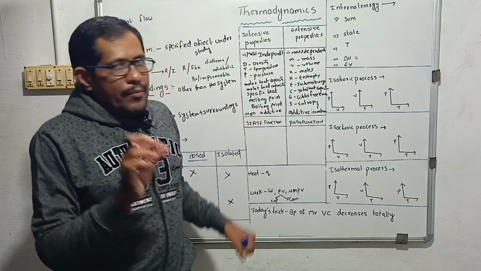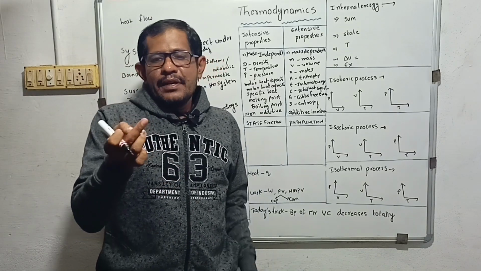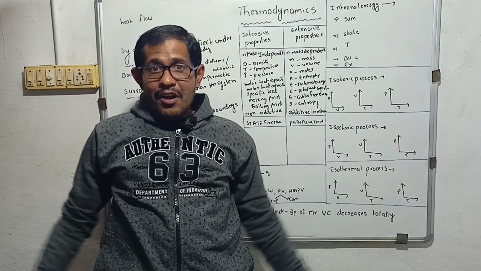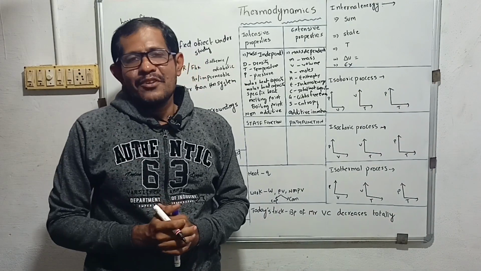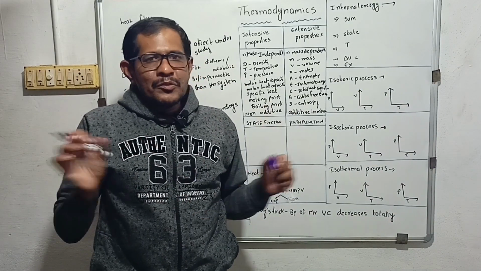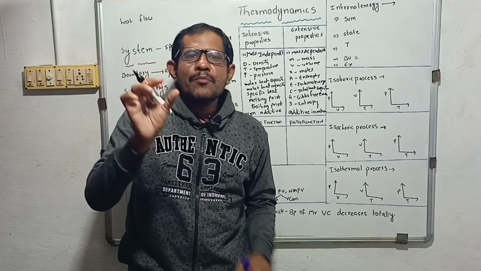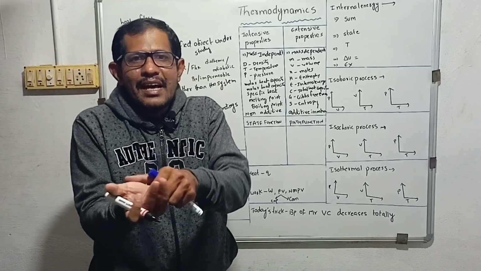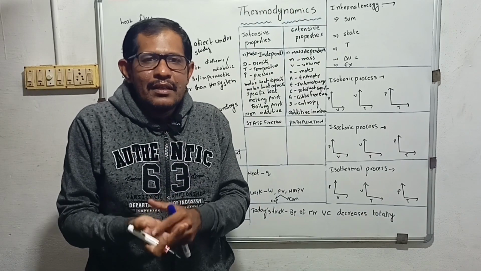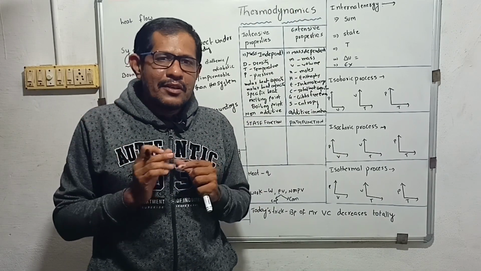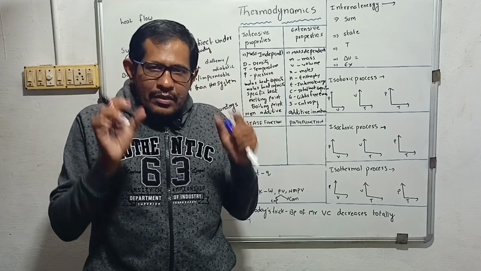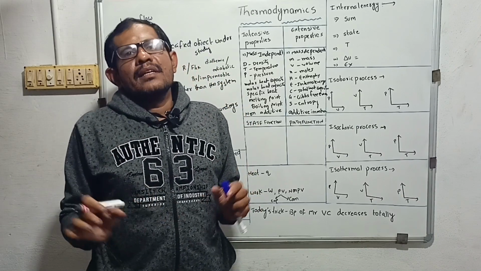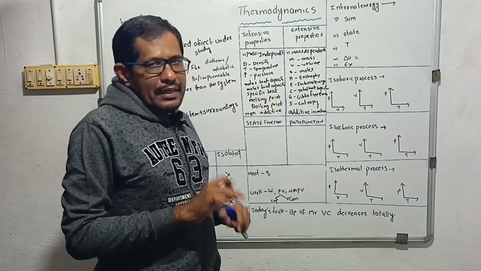And one more thing, melting point and boiling point also. If you take 1 gram of ice, its melting point is 0 degrees centigrade. If you take a big block of ice, its melting point is the same, 0, right? So the melting point of ice is 0, and the boiling point of water is 100 degrees centigrade. Whether you take a glass full of water or a bucket full of water, the boiling point of water is 100 degrees centigrade only, right? So boiling point and melting point are mass independent properties. That's why they are intensive properties, right?